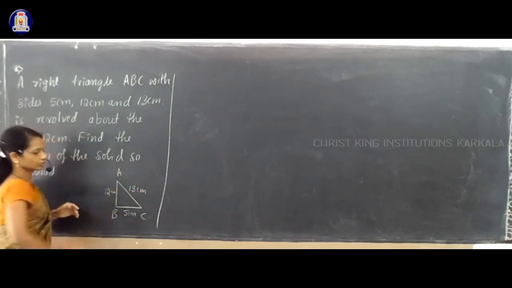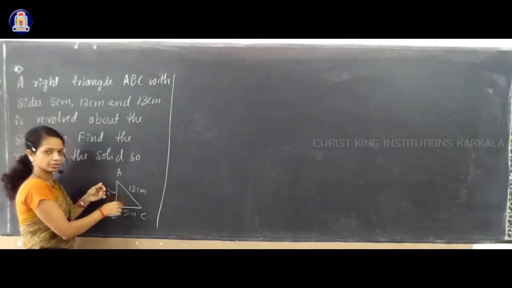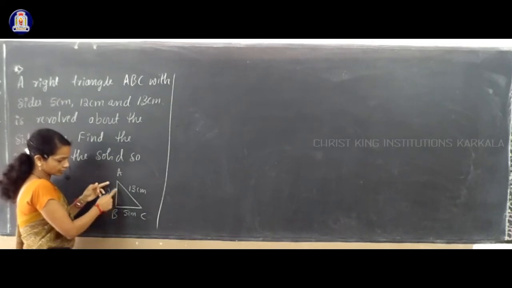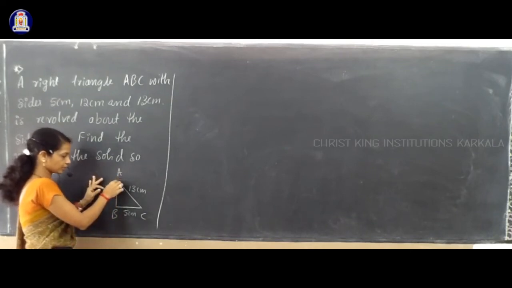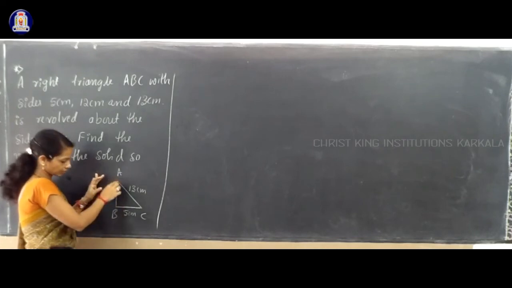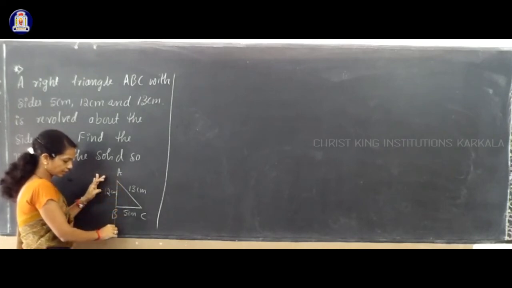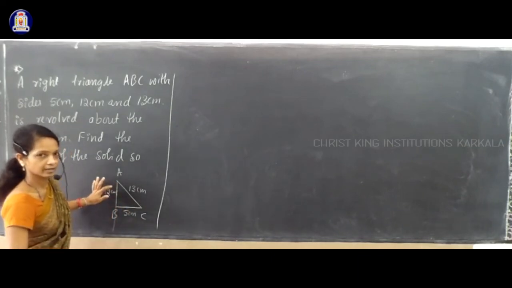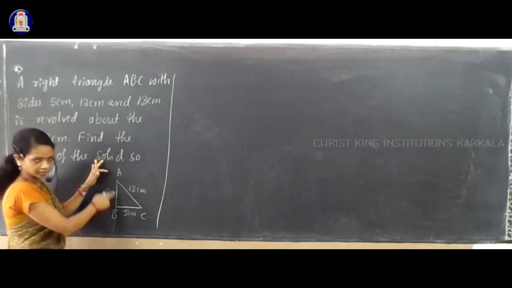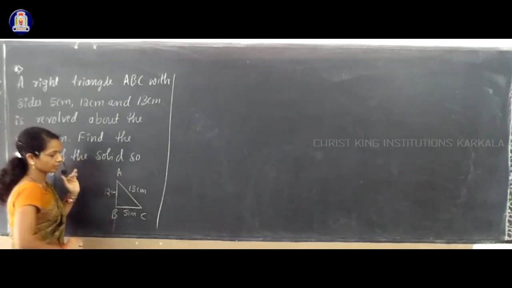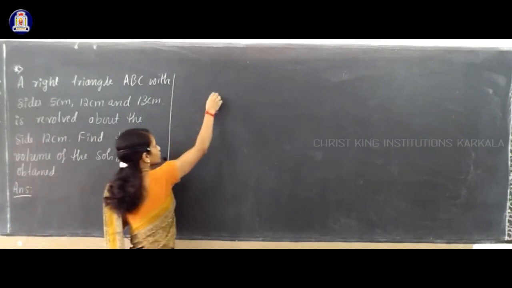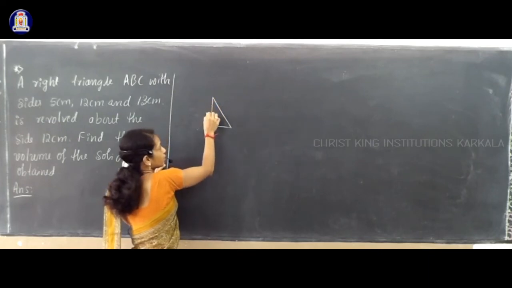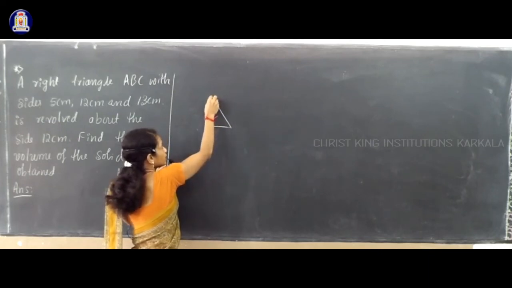Okay, at home you make one right angle triangle and you just rotate this triangle about the side AB. It is difficult to rotate if you do this much. So what you do is you just paste one stick on side AB, and you rotate this stick like this. Okay, if you rotate that triangle about the stick, 12 cm, then one shape is generated. That shape will draw here. Like this you have right angle, rectangle. If you rotate this triangle about this 12 cm, then one solid is generated.